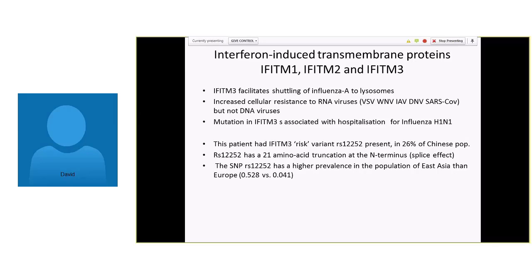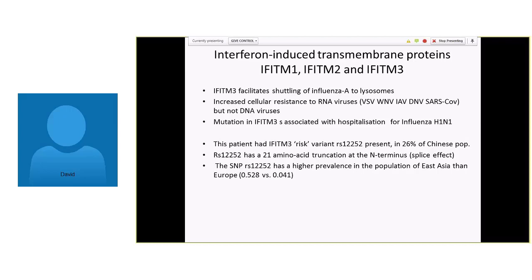And IFITM3 has been associated with increase of cellular resistance to RNA viruses, vesicular stomatitis virus, West Nile virus, influenza A virus, dengue virus and the original SARS virus, as well as Ebola and Marburg viruses, but it doesn't affect DNA virus susceptibility. And previously, it had been shown that a mutation in IFITM3 was associated with hospitalization for influenza H1N1 during the